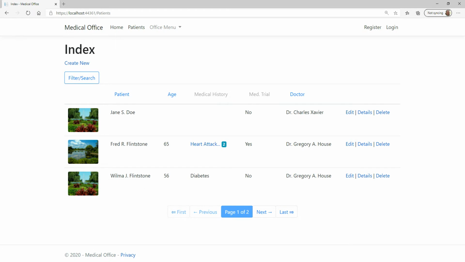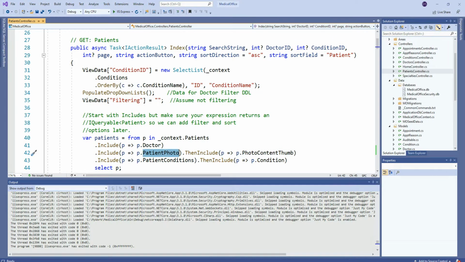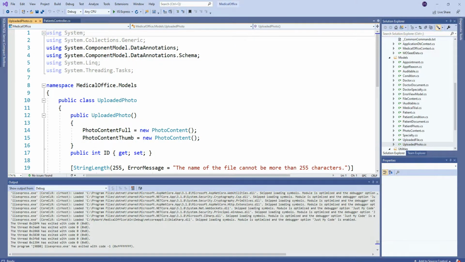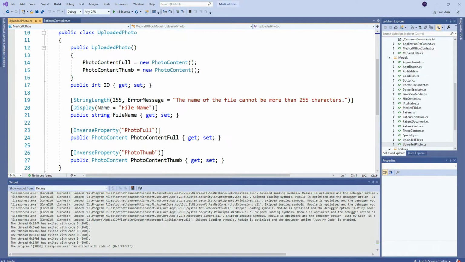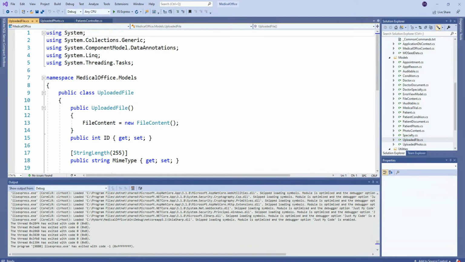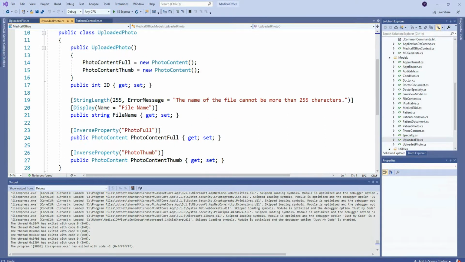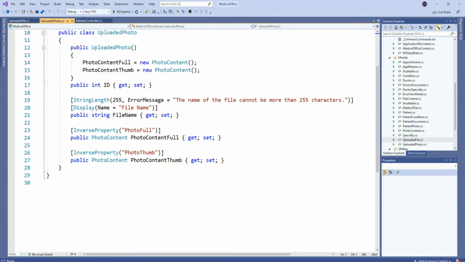So that kind of wraps up our discussion, but I hope you'll find that discussion of multiple relationships interesting, because that definitely comes up in the real world, where you have the uploaded file and the uploaded photo, and how we have to use the inverse property to relate which of the foreign keys is the one we are talking about here. Okay,